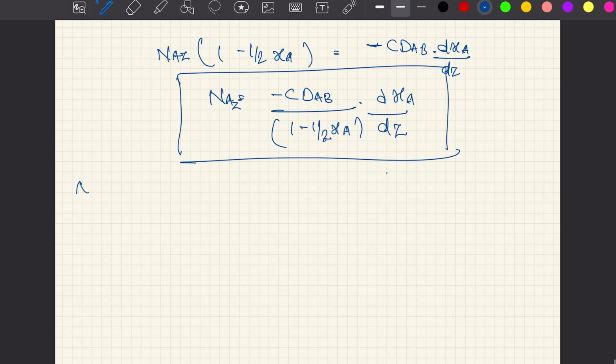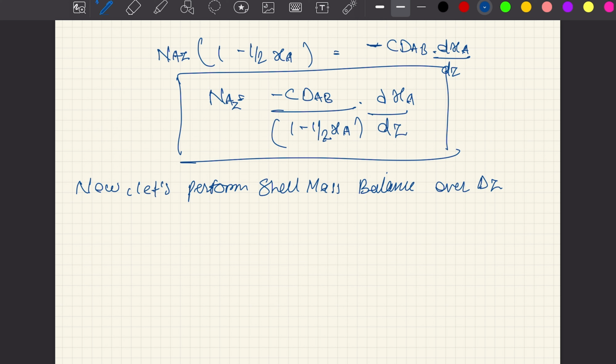Now let us perform a shell mass balance over delta Z. We know for mass shell balances, rate of mass